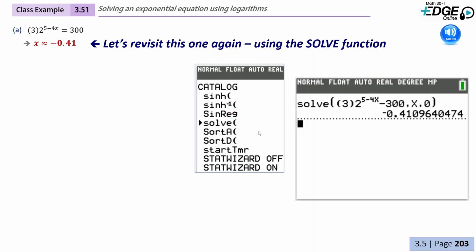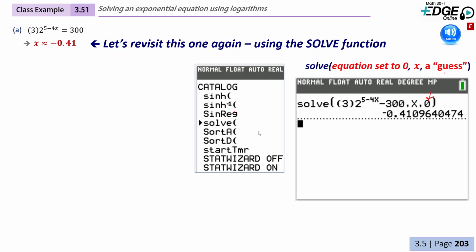And then you put in your equation, this part of your equation, written with X and everything there. What the solve function does is it sets this first parameter equal to 0. So it's assuming that this is equal to 0. And then set the variable as X, right? Because it just wants to know what we're solving for. And then the last part here